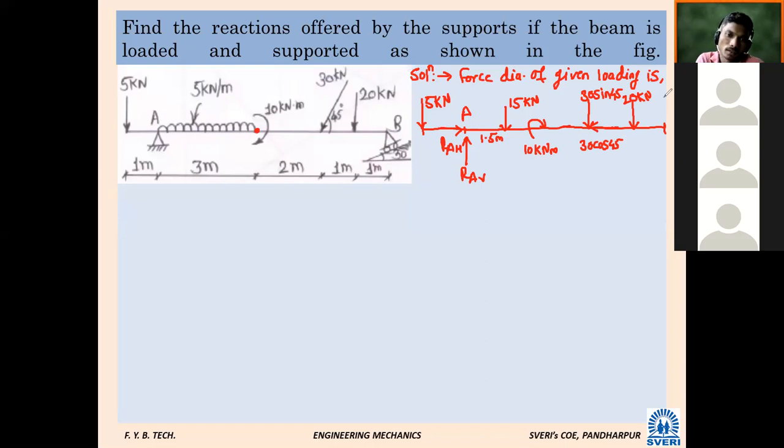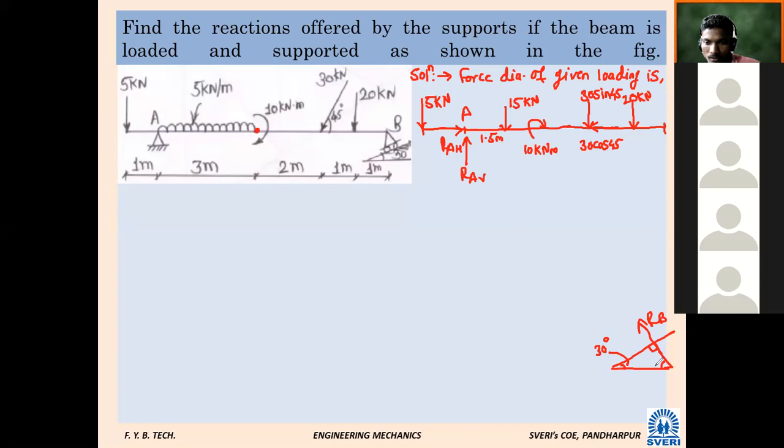Inclined. So what will be the angle made by RB reaction with horizontal? 60 degree. If you are unable to understand in this corner, this is the plane, which makes an angle of 30, which is given. So RB reaction will be perpendicular to this. If I extend like this, what will be the angle made by this RB reaction with horizontal? So this angle is 30.